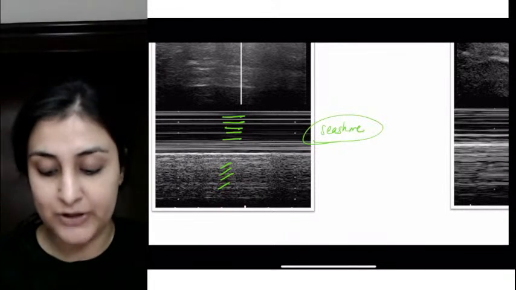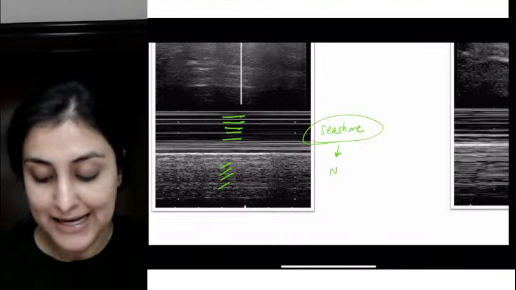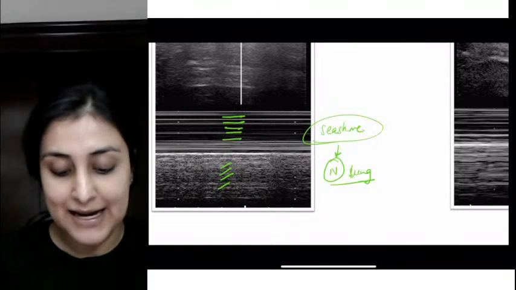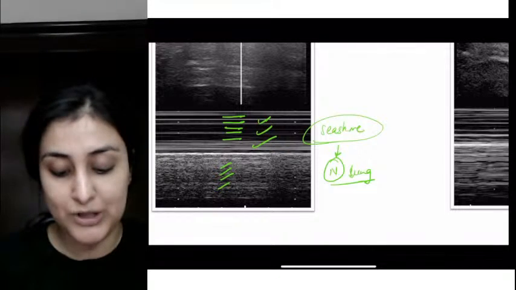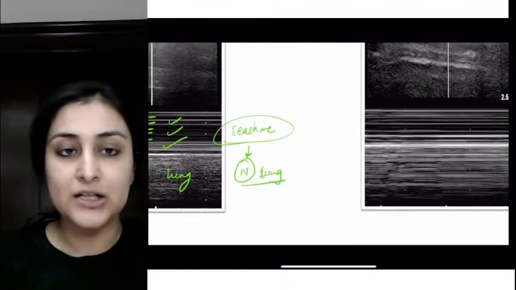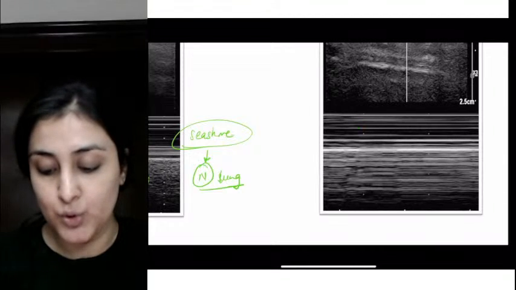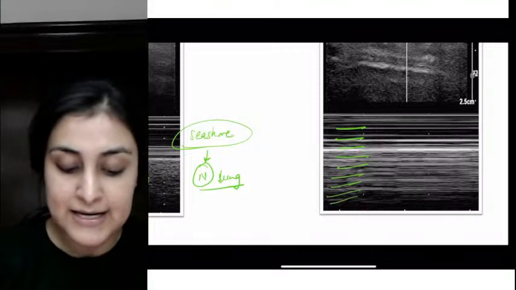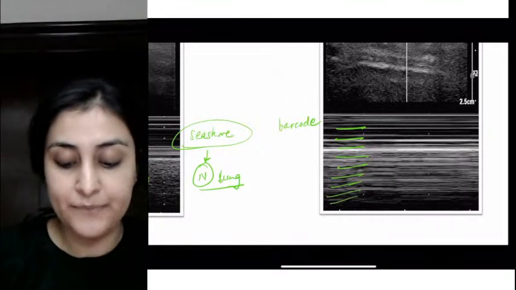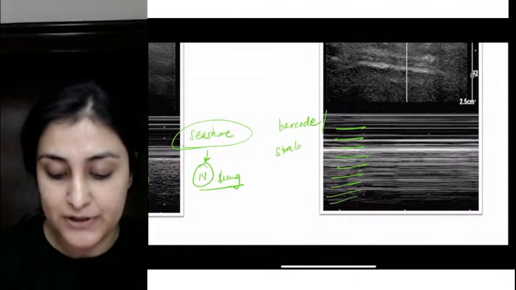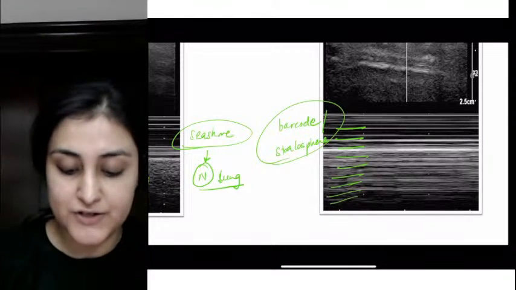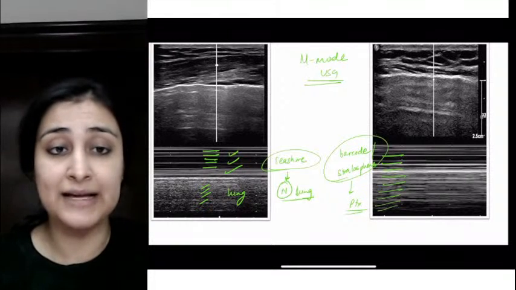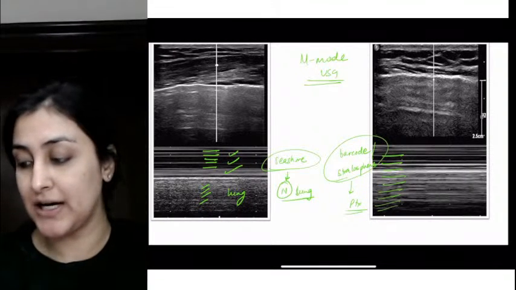When do we go to the beach? We go to the beach when our lives are normal, right? So this is a sign of normal lung, the seashore sign. It means that here you have the chest wall and pleura, and here you have the lung. On the other hand, when you don't reach the lung, you only have lines because of pneumothorax. What is this called? This looks like a barcode, or like space, the stratosphere. So this is the barcode or stratosphere sign, which suggests a pneumothorax. Again, one-liner questions which are asked a ridiculous amount of times and we just can't get them wrong.